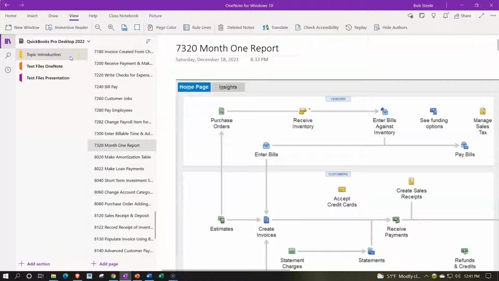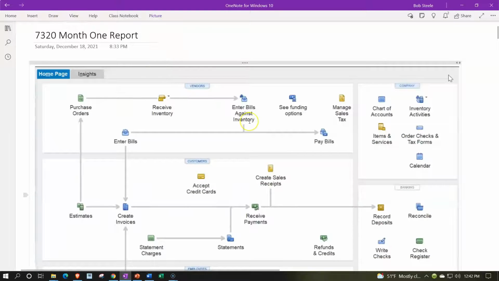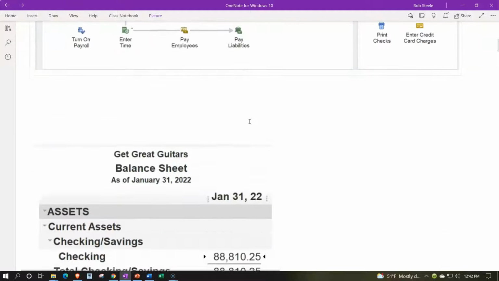Topic introductions are designed to give an introduction to the topic, provide screenshots, links where applicable, and give accounting background to complement the presentations. They can be used to follow along with them if you don't have access to the software at that time. Closing the icon on the left-hand side, we're starting off with a screenshot of the home page,